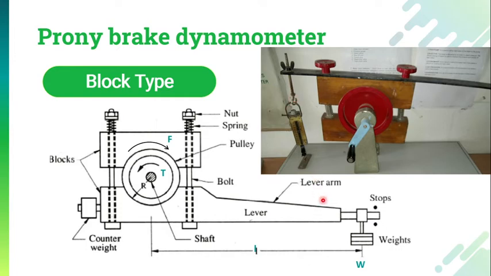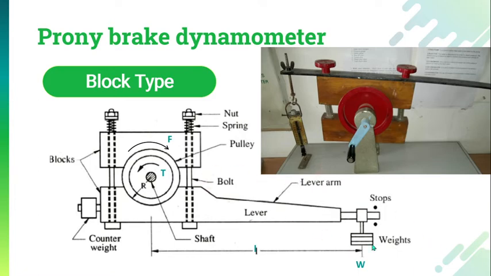Now what will the weights do? Weights will apply some force to the system. We have to continuously change the weights. Now in this figure you can see the spring scale. The spring scale can do the same thing, but it can measure how much weight will be required to balance the system. We do not need to continuously add weights to balance the whole system. We can just directly put one spring scale, and it will tell us the number of weights that need to be put to balance the whole system. So this is the advantage of the spring scale over here.